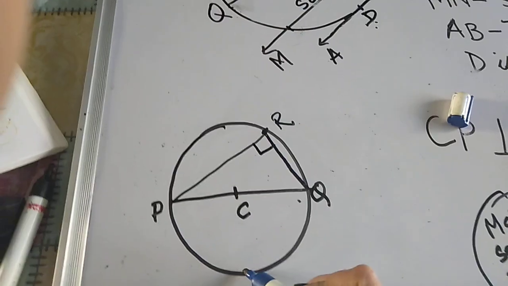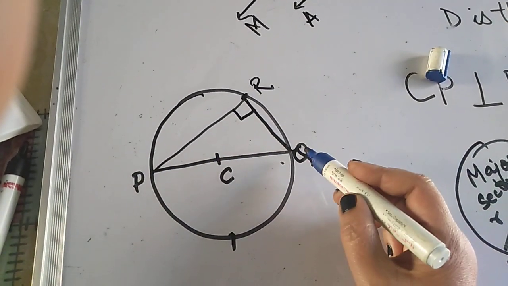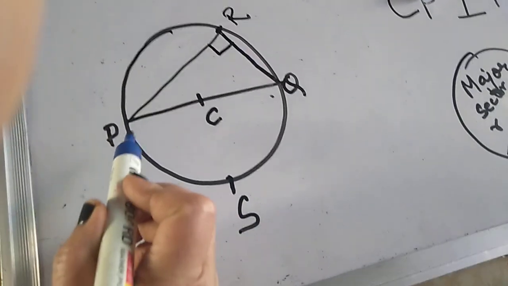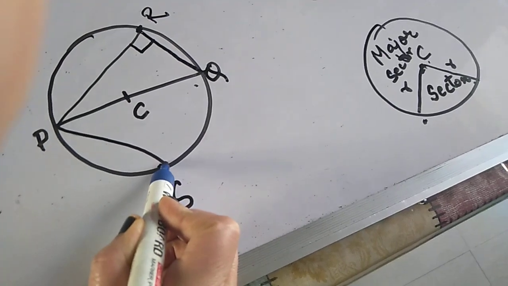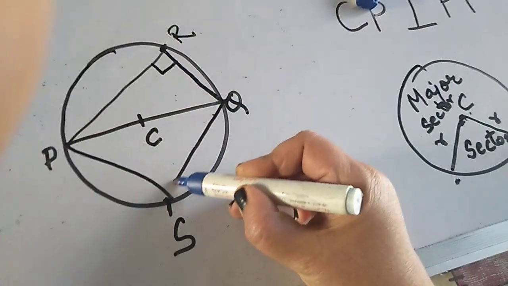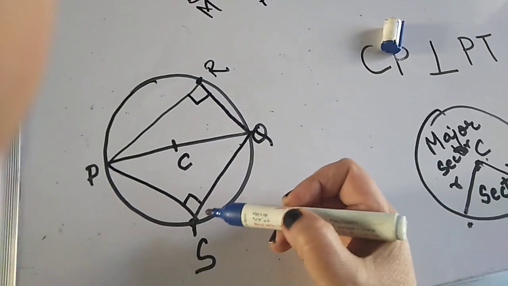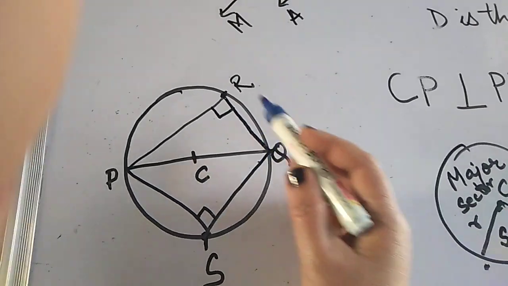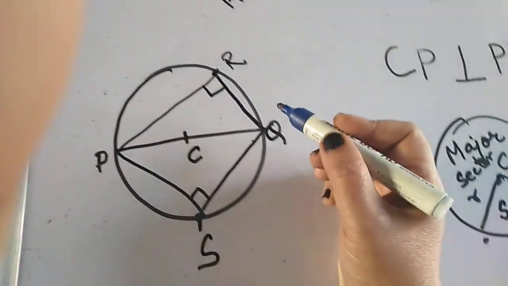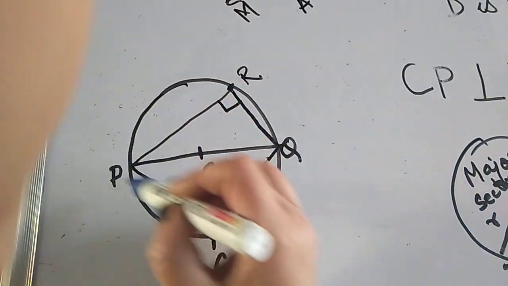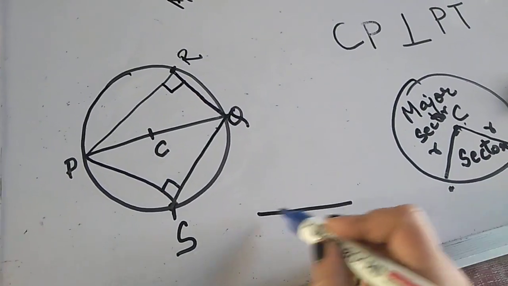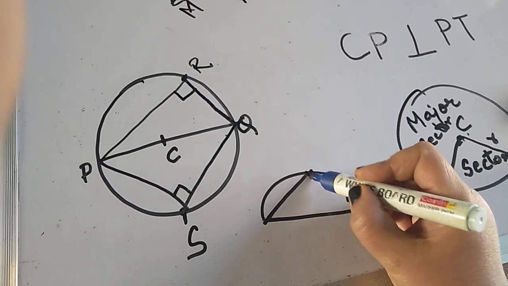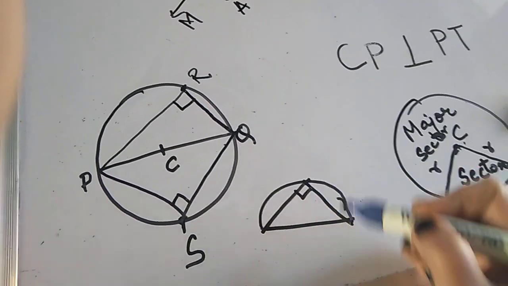You can take any point. You can take the point here. Now this is a semicircle, PQ is a diameter, and this is point S, suppose, any point S. If I join the ends of the diameter to this point on the circumference, then this angle will be a right angle. The proof you will learn in higher classes, children. You just need to understand that the angle in a semicircle, any angle in a semicircle, is always a right angle.